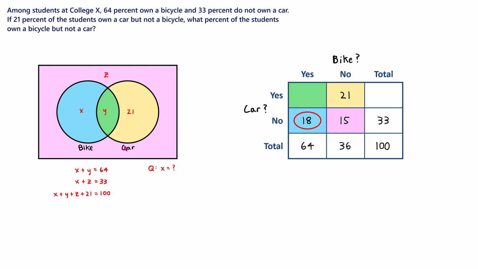All of the other numbers, the 64, the 33, the 100, are combinations of these four colors, so they had to be represented by equations. With the table, we don't have this problem, thanks to all these extra cells. The 64, the 33, the 100, we can put these directly in the table and thus avoid a bunch of algebra. So the main takeaway here is that when you have two overlapping sets, you should make a table rather